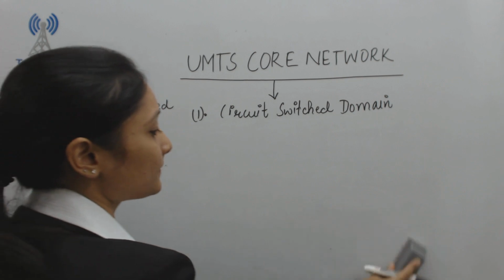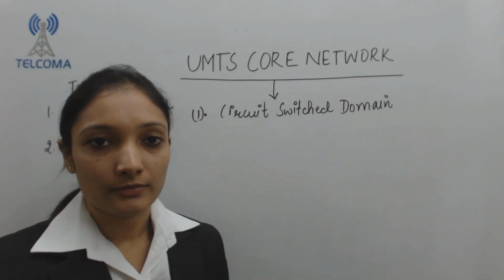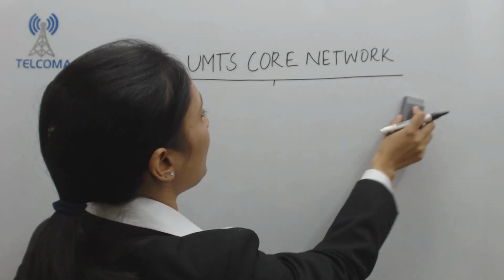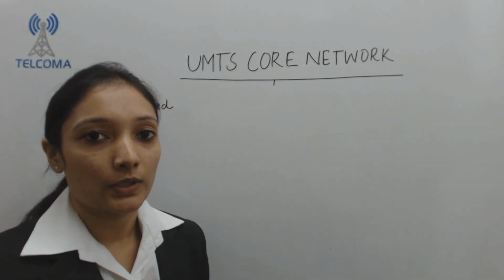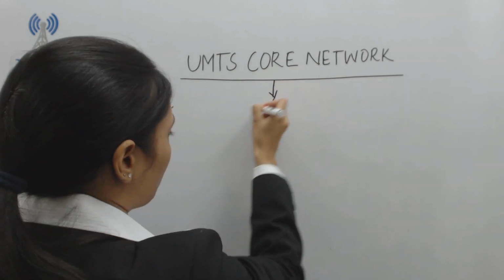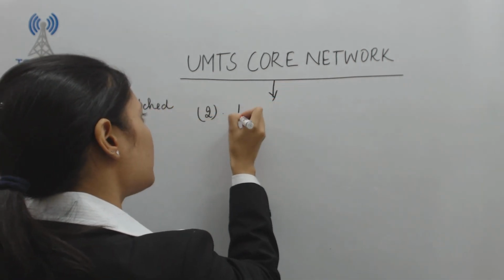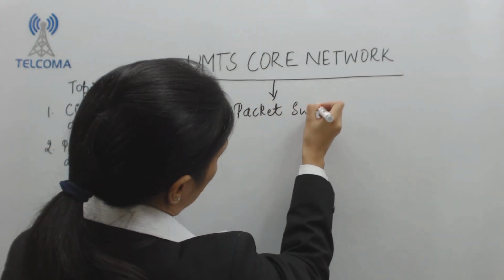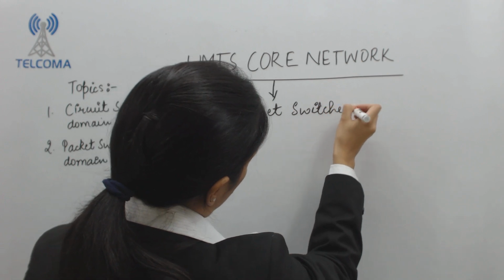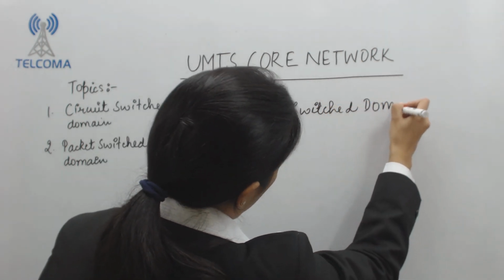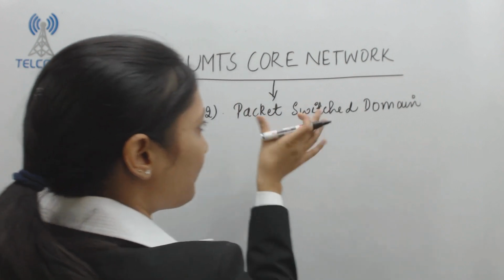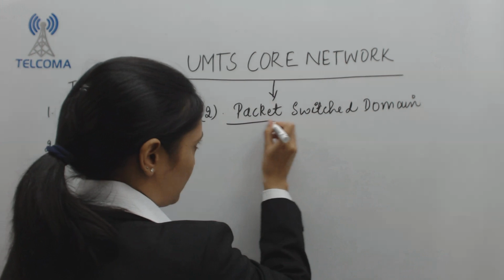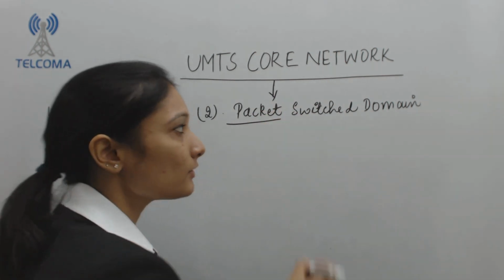So this was the first domain, that was the circuit switch domain. Now, the next categorization of UMTS Core Network is packet switched domain. Packet switch domain. Now, as from the name, it clearly implies that this domain is responsible for providing